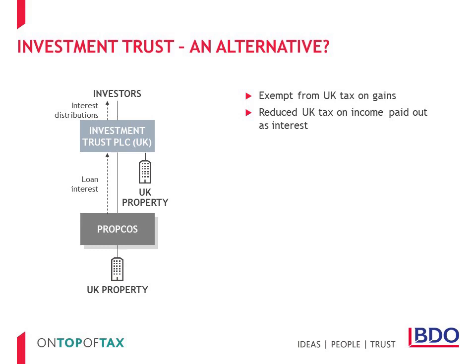A possible alternative in that situation is the investment trust structure. To date, this has scarcely been seen as a vehicle for investment in UK property, but it has some flexibility and can achieve an equivalent or even better tax result. Why is this? Well, the investment trust is exempt from UK tax on gains. This means that property held by it directly can be disposed of tax-free, with sales of property-owning subsidiaries also entitled to exemption. Unlike the UK REIT and PAIF regimes, however, it is not limited to property rental activity. Accordingly, an investment trust might be suitable for pub and hotel groups, as well as property developers.